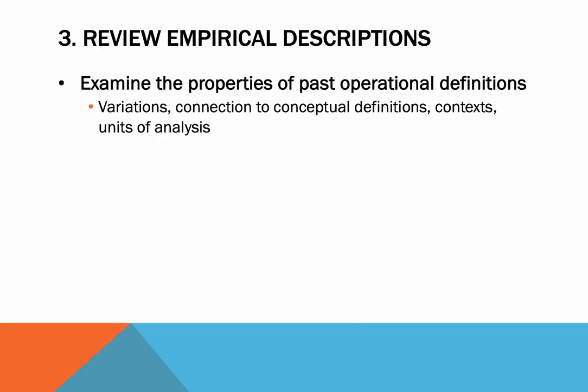So then the next thing, okay, you found your concepts that represent your topic. You figured out what labels the scholarly community uses to describe that topic. And then you got to figure out, how do they measure that concept? So what you do is you go into the methods section, usually under measures or operational definitions, and look to see how they measure that particular concept. You do not create your own measures, especially at this stage, unless you have more advanced training.